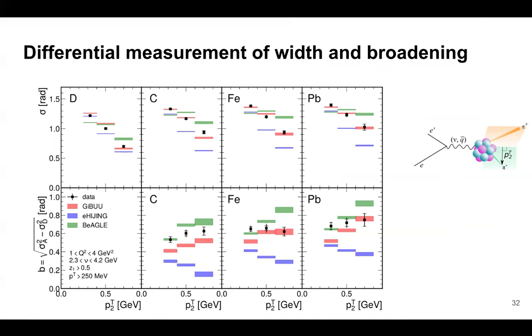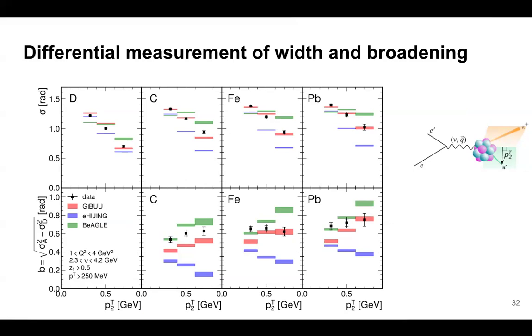And 3 different models are compared to the data. Gibuu, which is a hadron model, e-hydrogen, which is a partonic model, and BeAGLE, which is something, I don't know how to describe that. It's like a mixed bag of different things. And at least in this observable, we are able to, at least qualitatively,